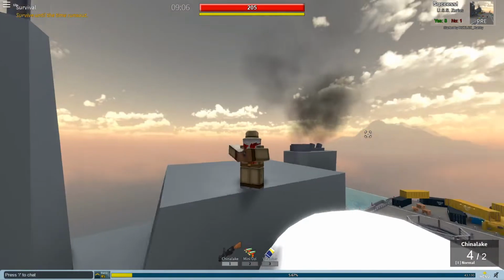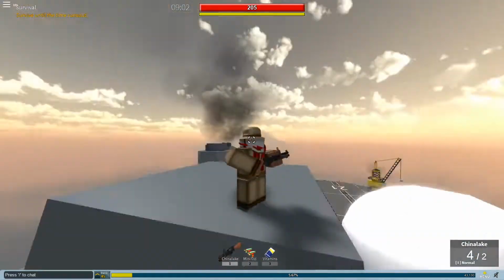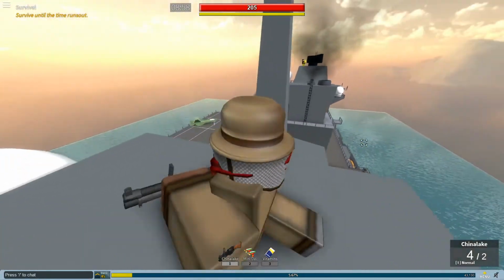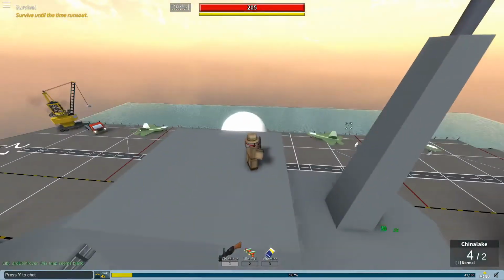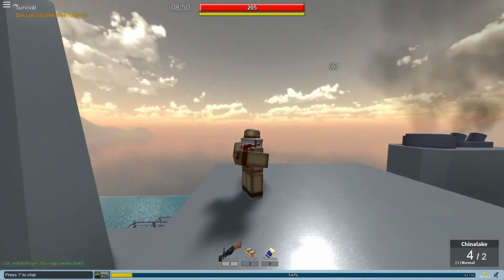So first things first, we have the Chinalake, rank 25, $45,000. Kinda bad, but it's good for short rounds, I guess, where you're just trying to get some kills in. Then when it comes to longer rounds, like this one for instance, it eats up a lot of ammo,